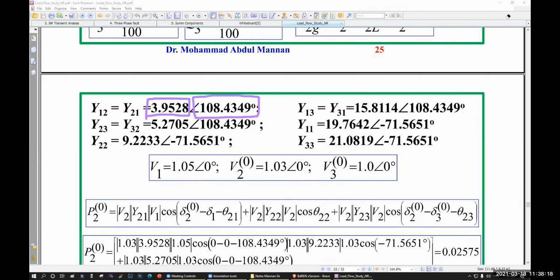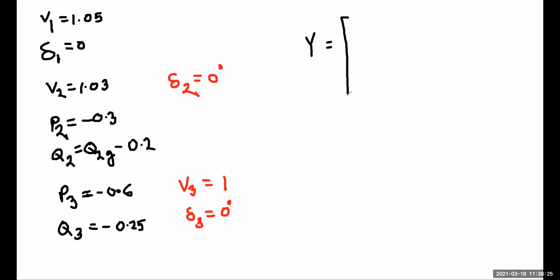You have to convert them into polar form. Now let's form the Y bus. Let's write the Y bus. So Y bus will be like this. Now I'm going to write Y11. What is your Y11? 19.7642, and the angle will be minus 71.5651